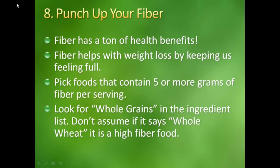Punch up your fiber. Fiber has so many good health benefits. It helps with weight loss because fiber is what's going to give you that full feeling. When you eat something and you feel full, it's like, I can't eat another bite. That will help with weight loss. The foods that are going to be really high in fiber are going to be your fresh fruits and vegetables,